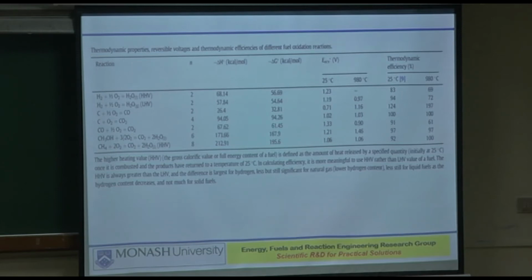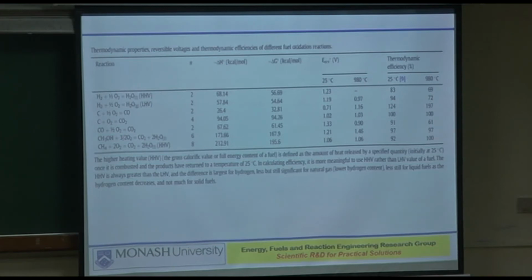But at least the way these are shown here, it shows the relativity between the different types of reactions that you can have depending on the type of fuel that you can put. So let's go to the next step